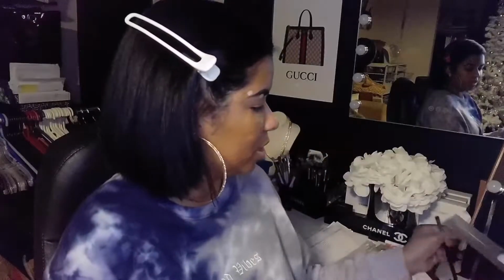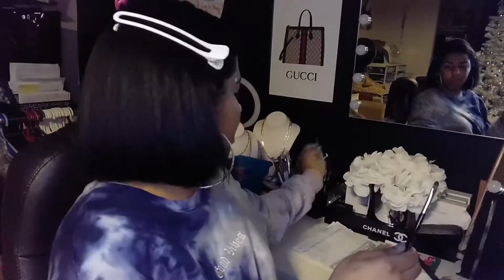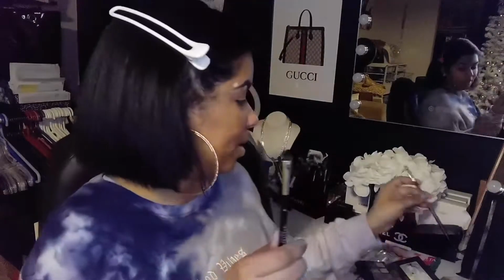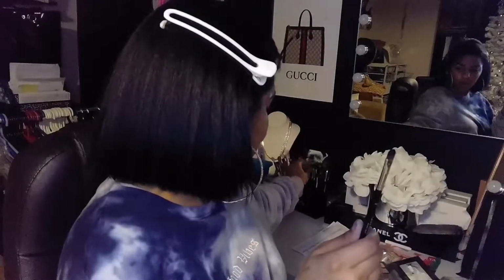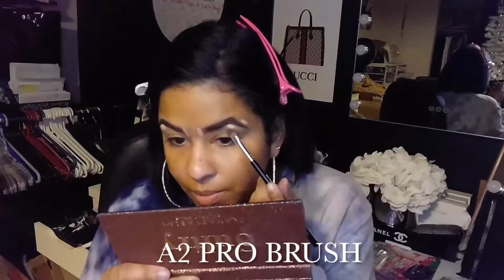I usually use a pretty good one I got from Morphe at Ulta. Let me show y'all. And this one is the A2 Pro Precise Concealer Brush. So the one I usually use is this one right here. They're pretty similar, but Anastasia, just the quality I felt so far, I think this might be better quality. So I'm hoping it works just as good. Because you can have the most beautiful handle in the world, but if you're not moving the product like I need you to, then I really don't need you. You know? But anyway,